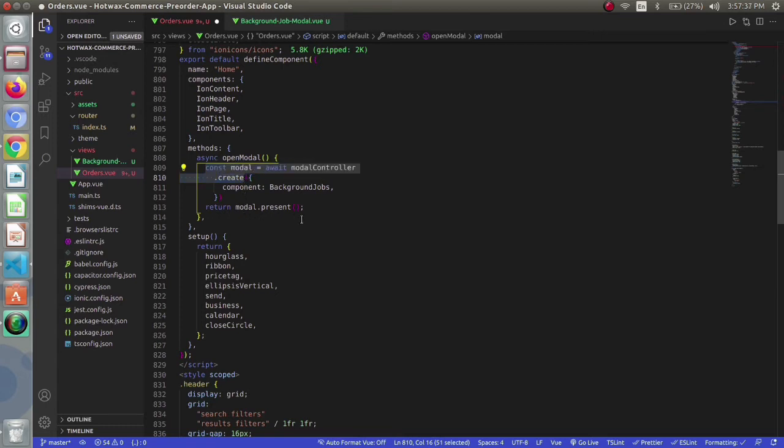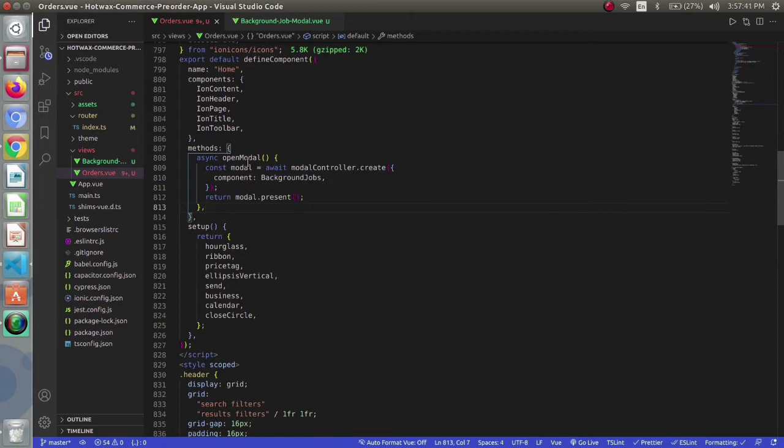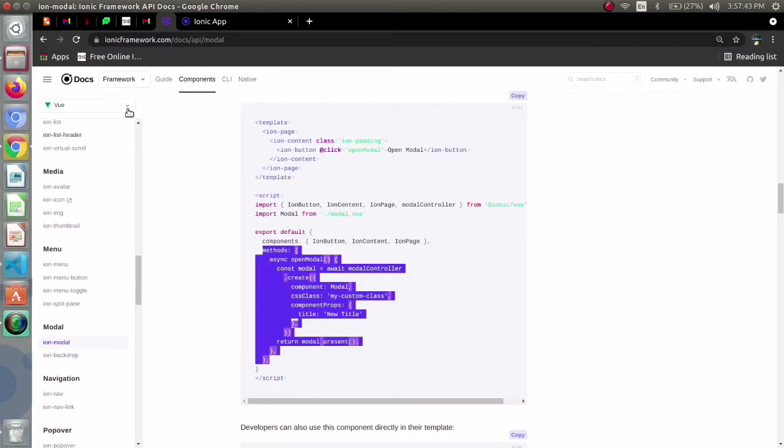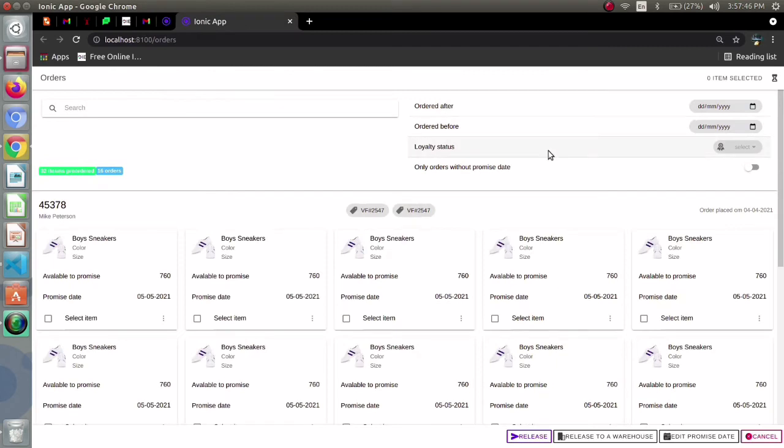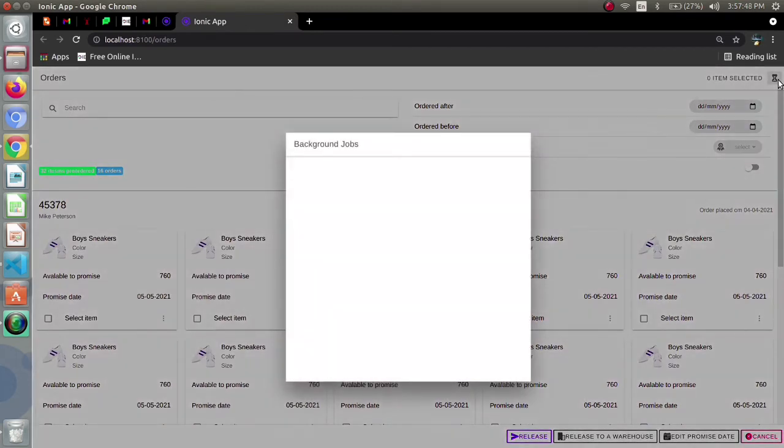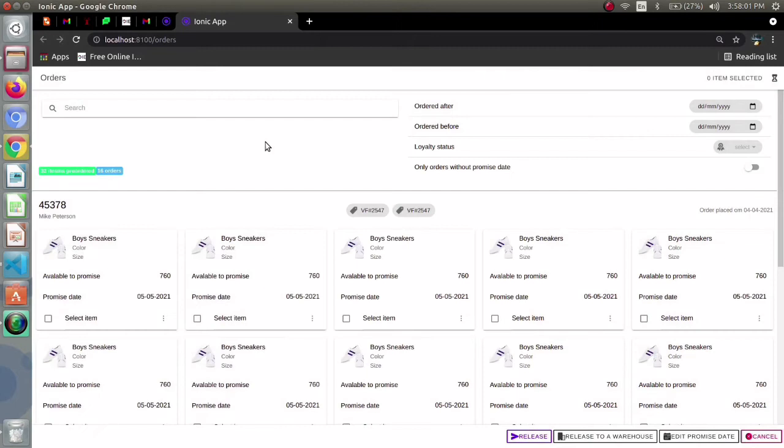This is the event for presenting the modal. So just go and save it. Okay, we are able to see the modal. Now we will focus on dismissing it. Now it is dismissing by clicking anywhere on the page, but I want a specific close button to dismiss it.